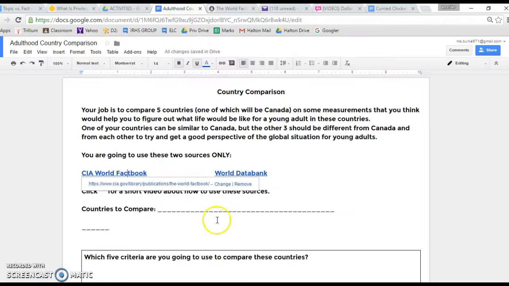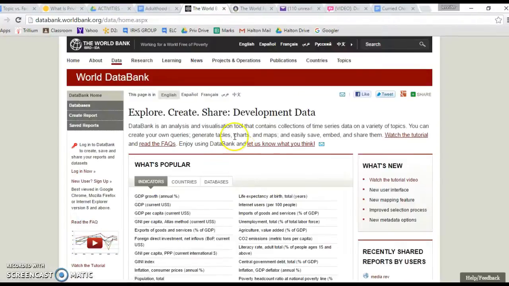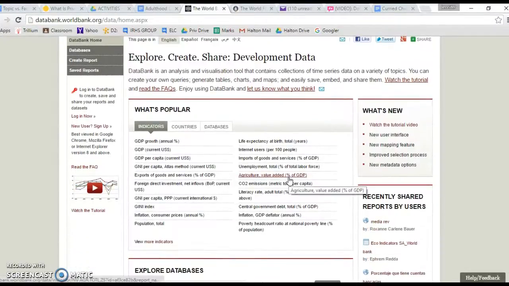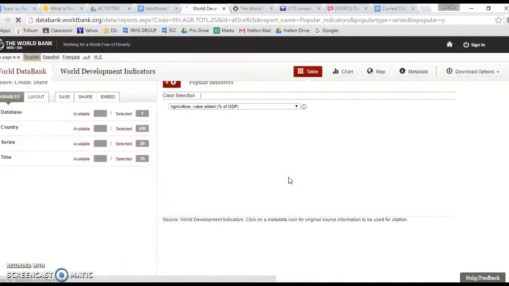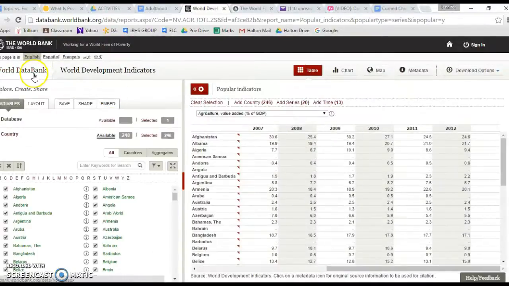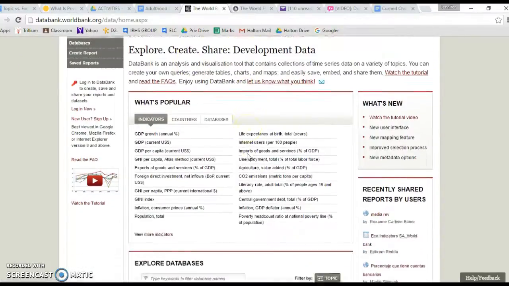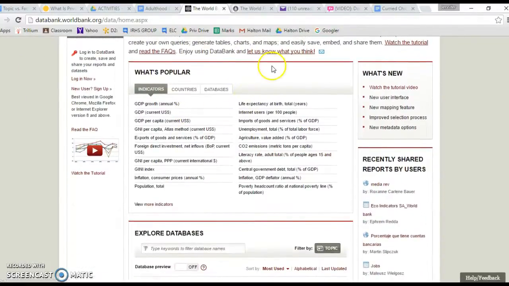The World Data Bank has so much information, it's almost a bit overwhelming. But what you can do here is go back to where we started. This is where we should, I'll fix the link so it takes you to this screen. You can look at these indicators and find even more. But let's say we were looking at something like the unemployment rate, which might be something you're interested in. If you open that up,